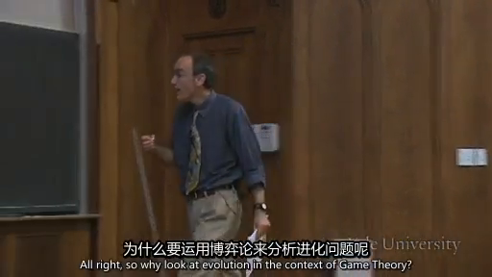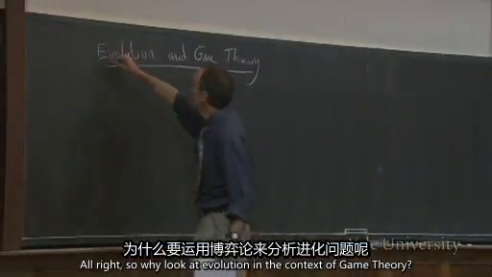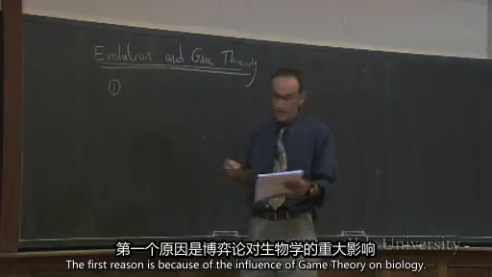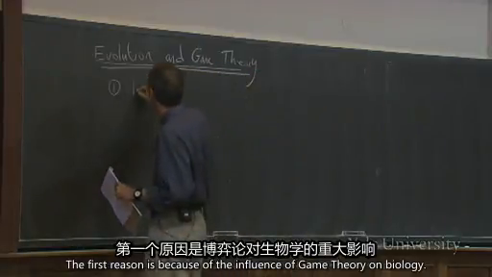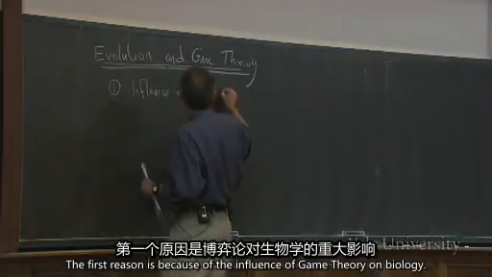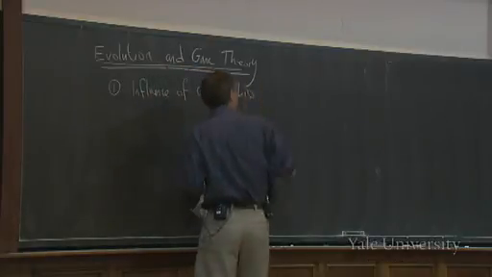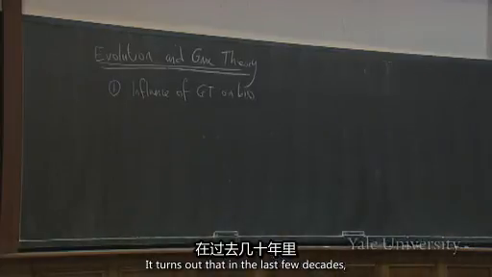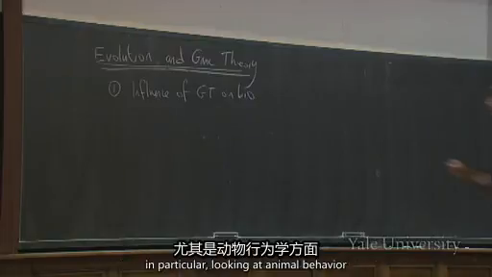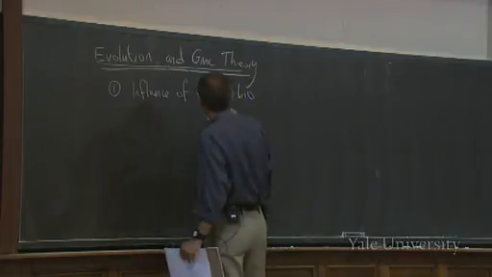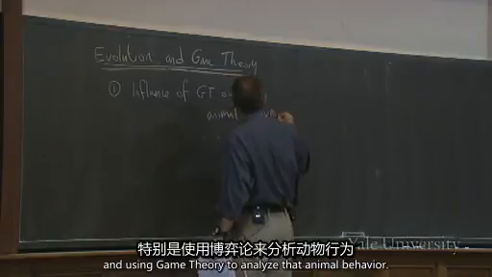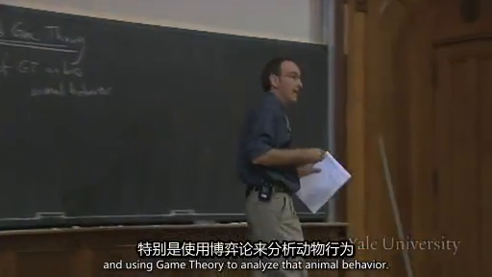All right, so why look at evolution in the context of game theory? There are really two reasons. The first reason is because of the influence of game theory on biology. In the last few decades, there's been an enormous amount of work done in biology, in particular looking at animal behavior